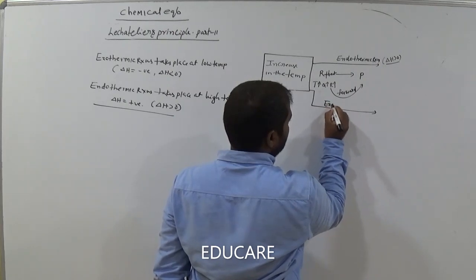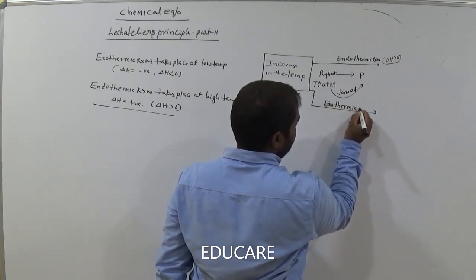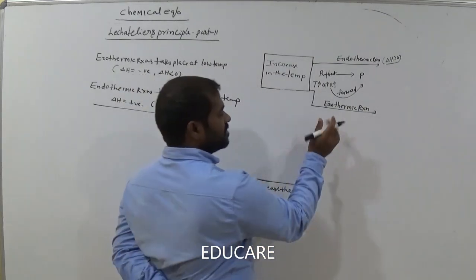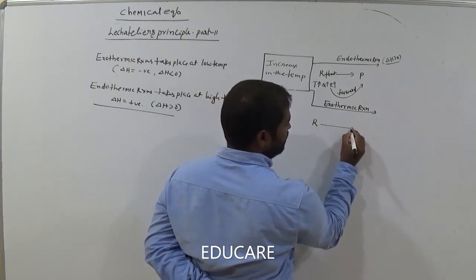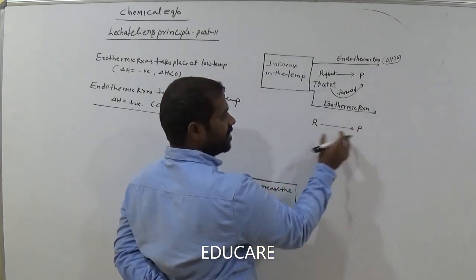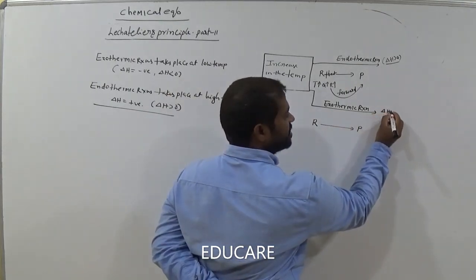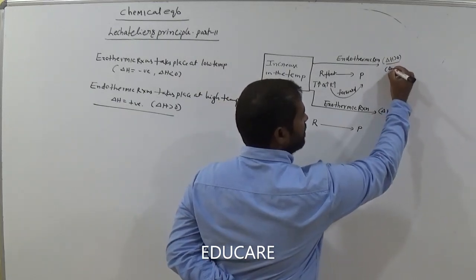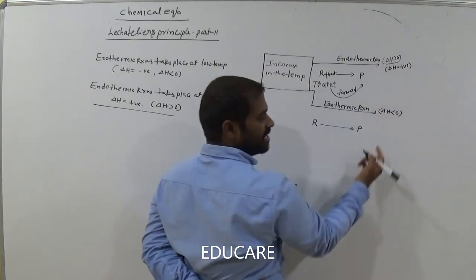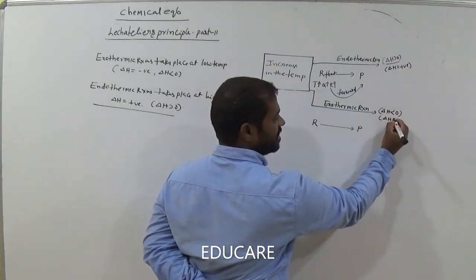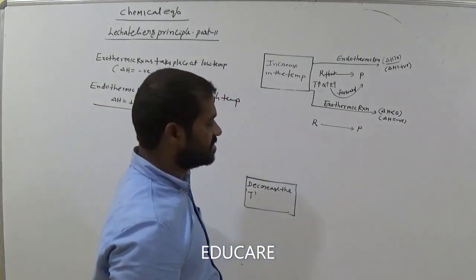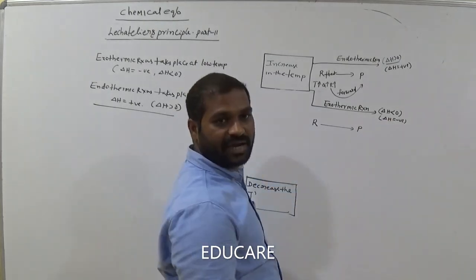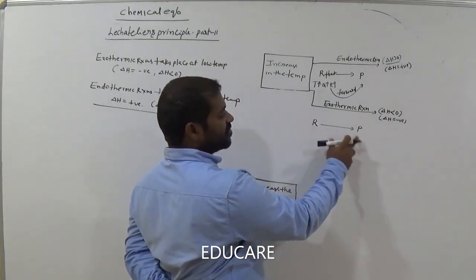Suppose increasing the temperature is an exothermic reaction. Exothermic reaction, we increase the temperature. So suppose this is the reactant and this one is the product. Am I right? Reactants and product. Exothermic reaction means delta H value is less than 0, remember it is less than 0. Delta H greater than 0 means delta H is positive. Delta H less than 0 means delta H value is negative for exothermic reactions. Remember this. Okay. Now exothermic reaction means after the reaction heat energy is evolving. Am I right? So reactants to products.